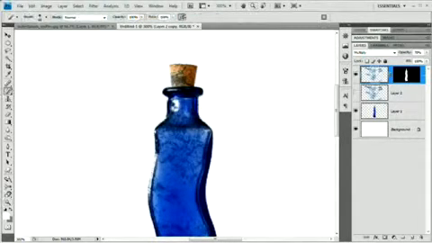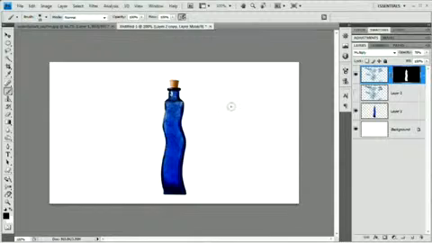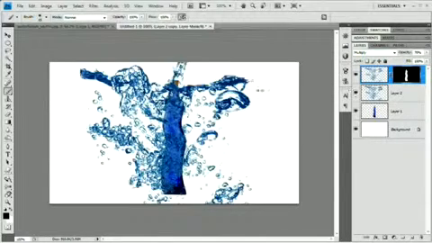So I'm going to grab the brush tool. I'm going to downsize my brush using my bracket key. I'm going to select my mask, my foreground color. I want that to be black. And I'm just using my mouse. I'm just going to basically paint black over the cork, just like that. Very simple, very easy. Now I'm going to turn on the other copy of the water, and I'm going to